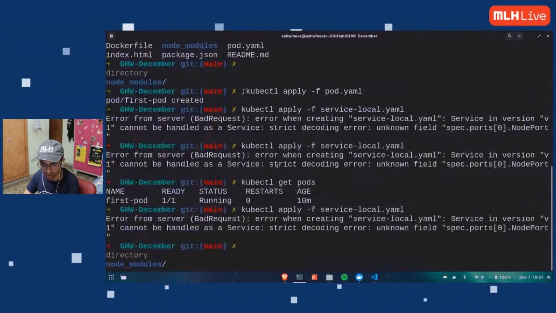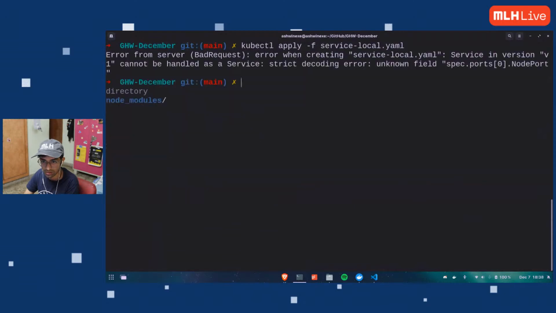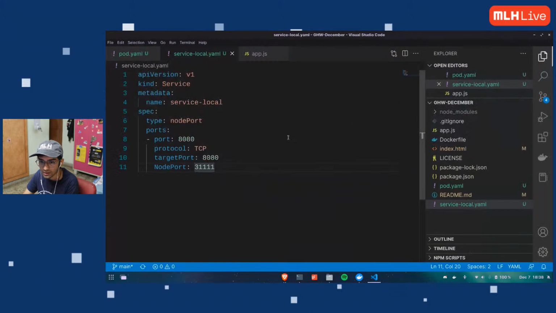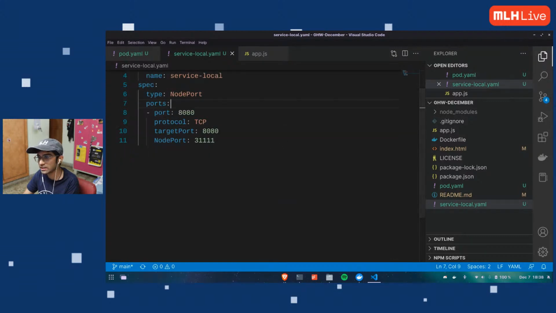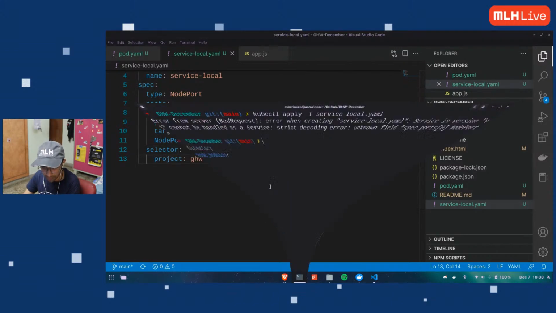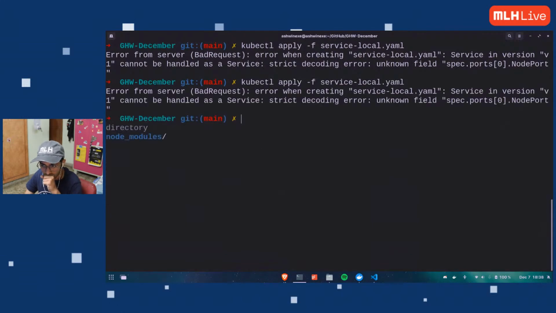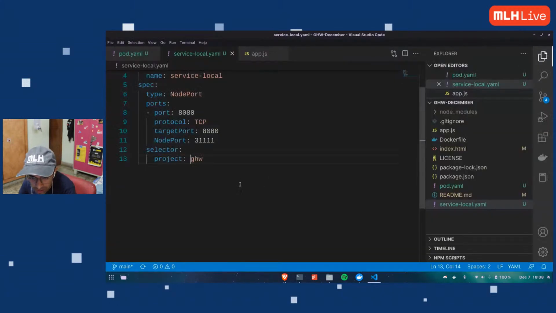Let's see if this works. Nope, that's weird. Wait, okay, so actually it should be NodePort because it's the value and not a key. But one thing that I believe I am strongly missing is a selector, and I'm going to tell you what a selector is right now. Let's see if this works. No, okay, that's weird.